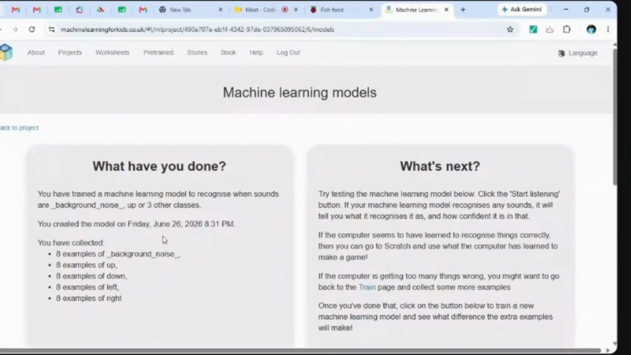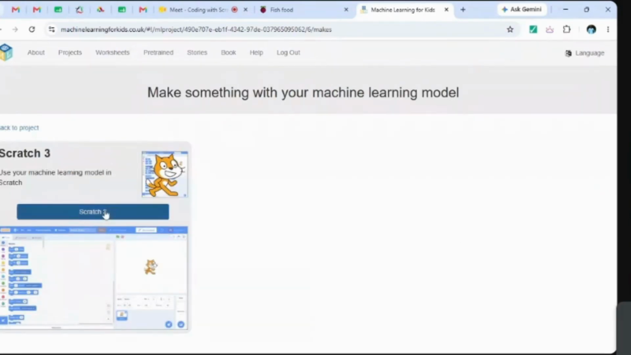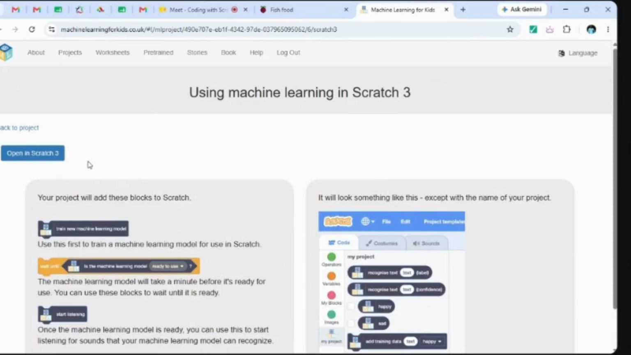Okay. Now you scroll up and go back to the project. Okay, it will bring you back here, and then we want to make. When we click make, it will take us now to Scratch. Hope we are together. Online Scratch. I have clicked. Now you click Scratch 3. If you are trying that with me, I'm waiting for you. After opening in Scratch 3,